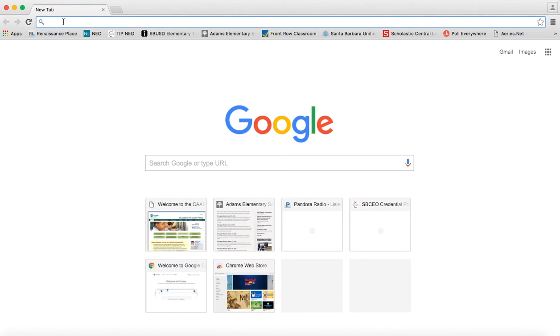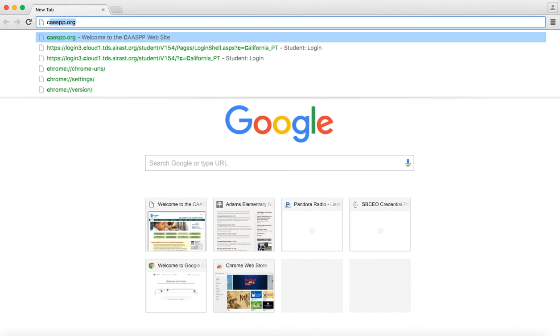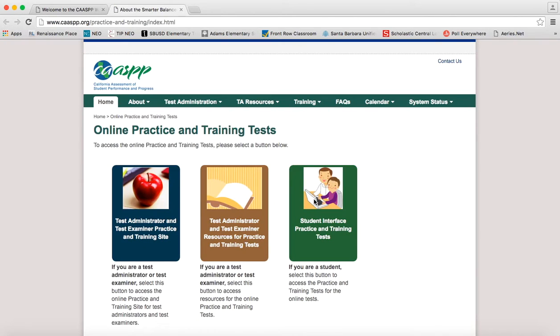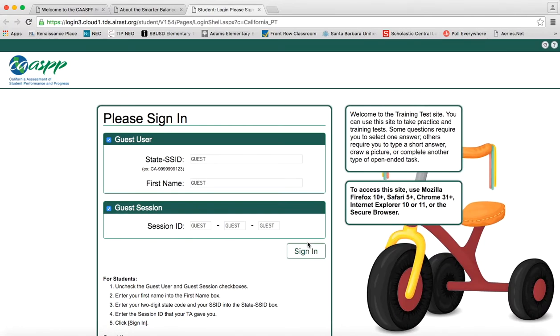Start by entering the following web address, caaspp.org. You'll then select Practice and Training Tests, and then Student Interface Practice and Training Test, the big green button. This will guide you to the login screen, and as you can see in each of the boxes it says